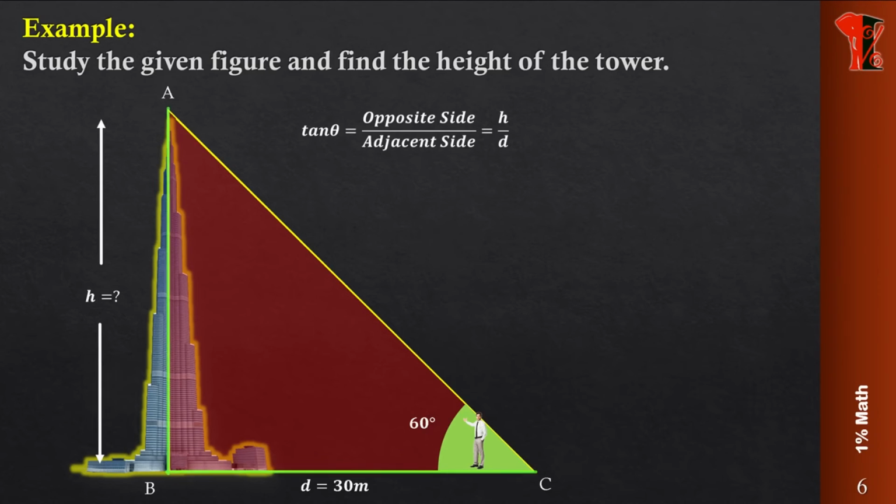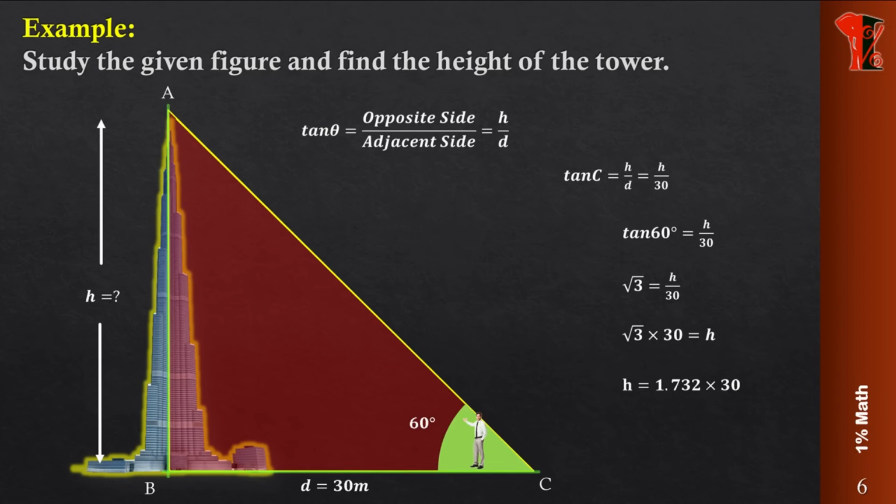So this is what it is. tan C is going to be h by d, that means height by distance. Height we have to find and the distance is given as 30. That means tan 60 degrees is equal to h by 30. The tan 60 value we know because we already studied the table. Now cross multiply, it becomes root 3 into 30 is equal to h. Now you can take the value of root 3, which is 1.732, multiply it, and you will get the answer. So h is nothing but 51.96 meters.